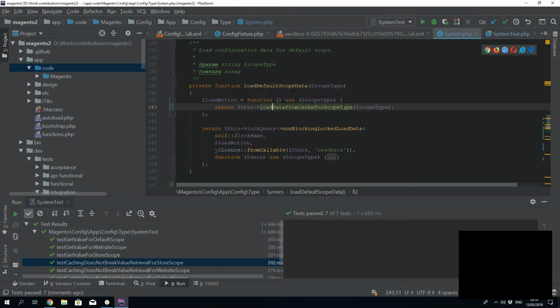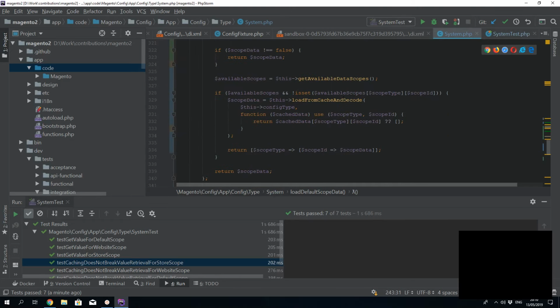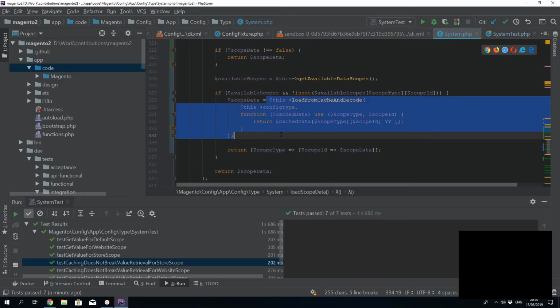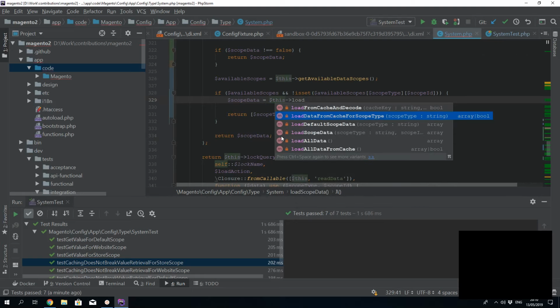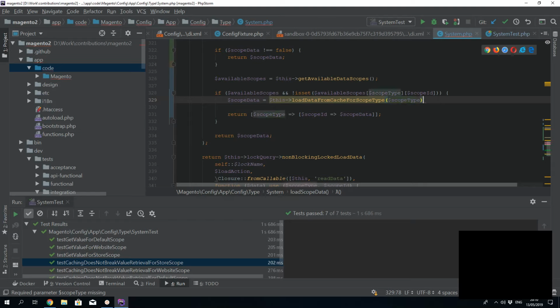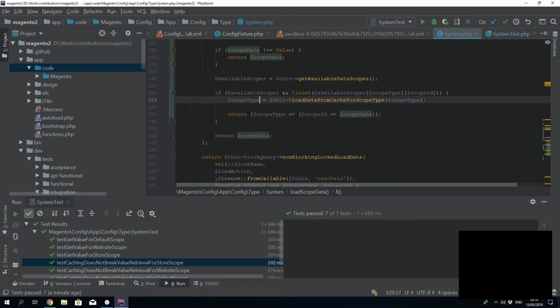Then, oh yeah, actually this one can be replaced with our method that we already have, this load data for cache for scope type. So we can use a scope type here, and then if scope type,